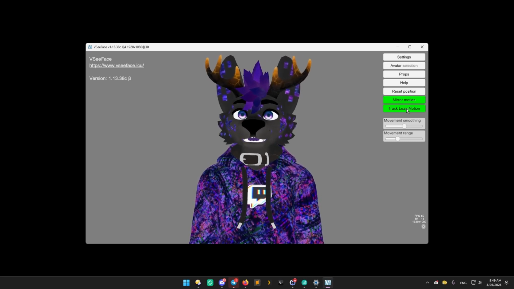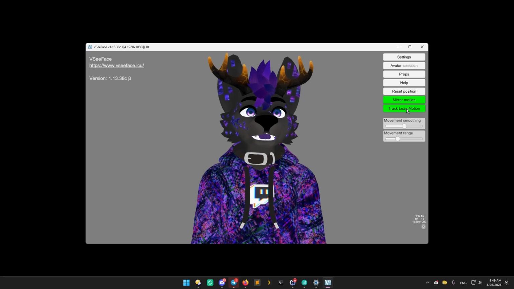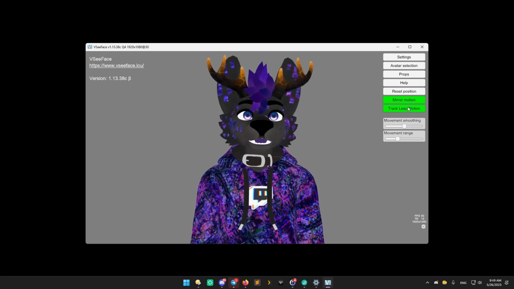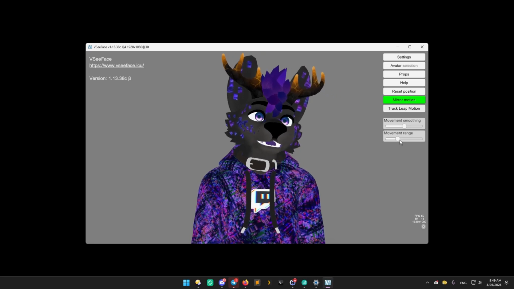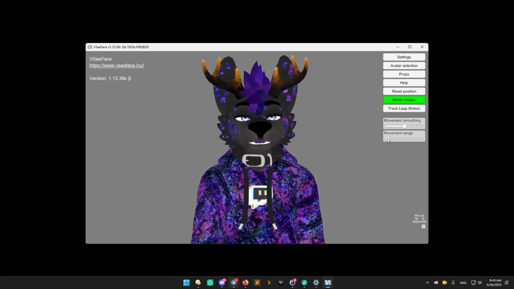This will make sure that whenever you use hands, they also track. But we're going to go into Leap Motion in detail in a little bit. Let's first talk about the default settings in here. You can see default sliders here for the movement range